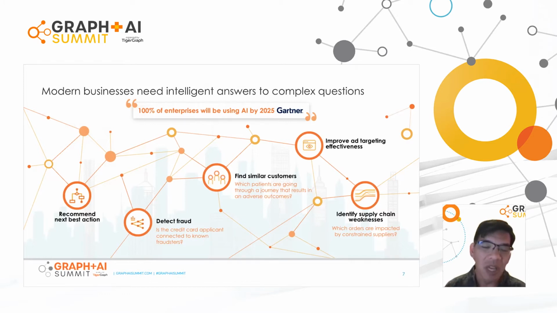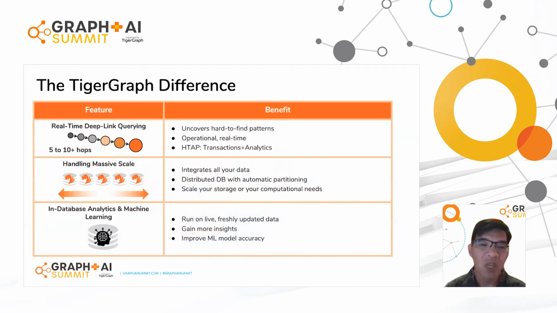If a link in your supply chain is broken, what do you do? You have to be able to reanalyze and come up with a new solution. A scalable graph database like TigerGraph can help you do that. As I've suggested, here are some of the things that make TigerGraph different from some of the other graph databases